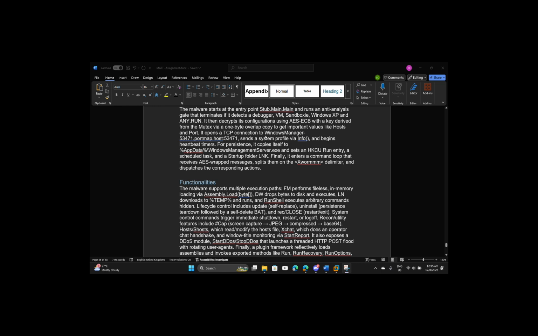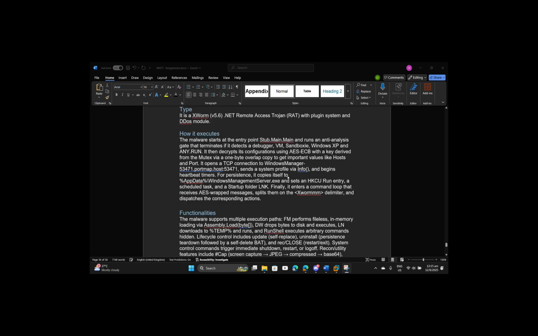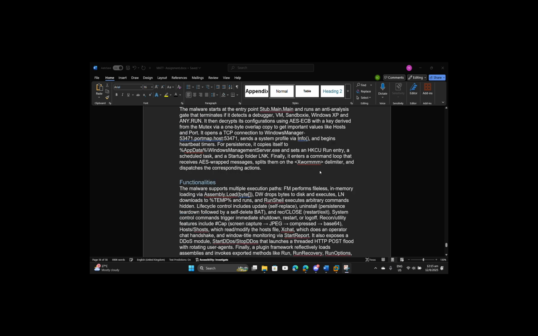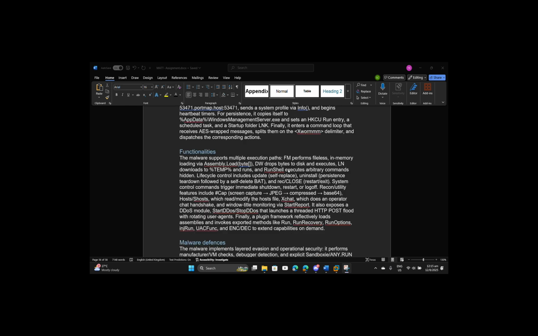It then opens a TCP connection to the Windows Manager 53471.portmap.host on port 53471, sends a system profile via info, and begins the heartbeat timer. For persistence, it copies itself to AppData, Windows Management Server.exe, and sets an HKCU run entry, a scheduled task, and a startup folder LNK. Finally, it enters a command loop that receives AES messages, splits them on the XWorm delimiter, and dispatches the